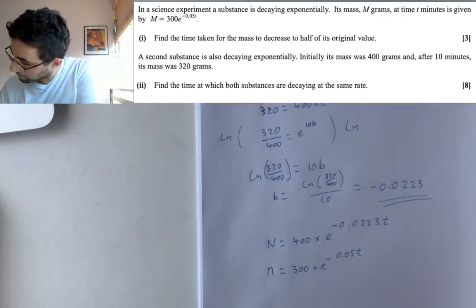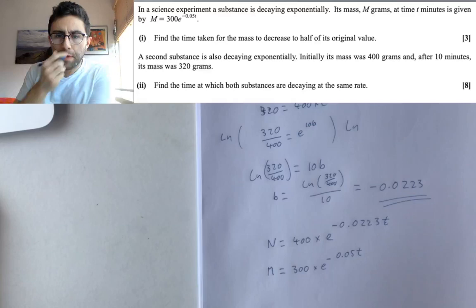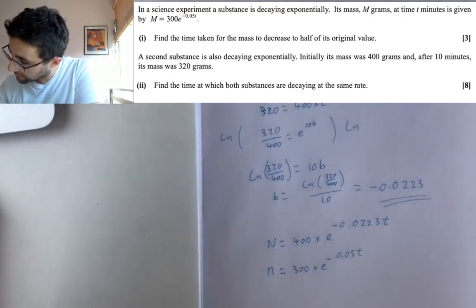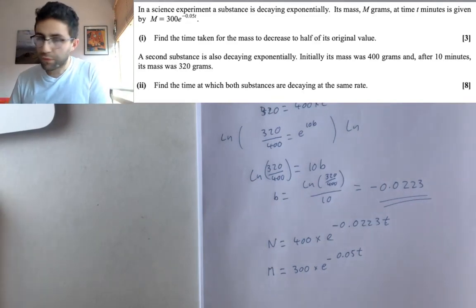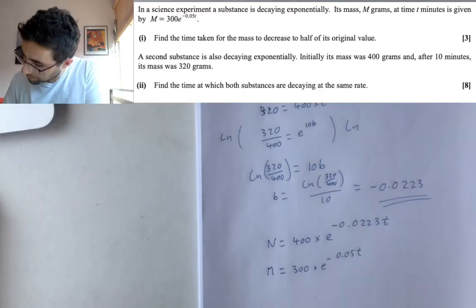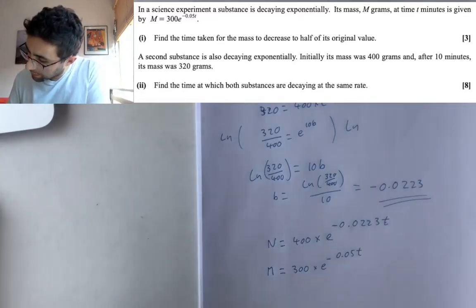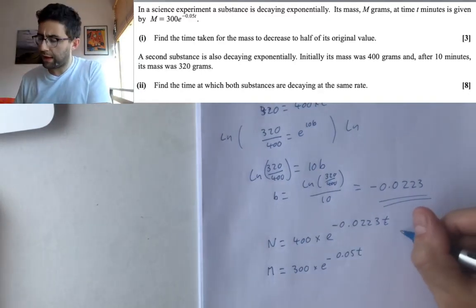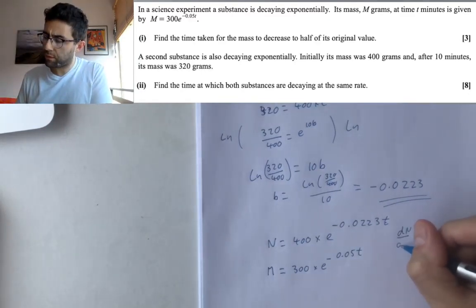And they're saying they're decaying at the same rate. So let's just do it first, and then I'll show you what I'm going to do. Differentiating these. So the rule with exponentials, just in case we don't know that, if it's got the simple structure with numbers, then if y equals e to the 2x, the derivative is